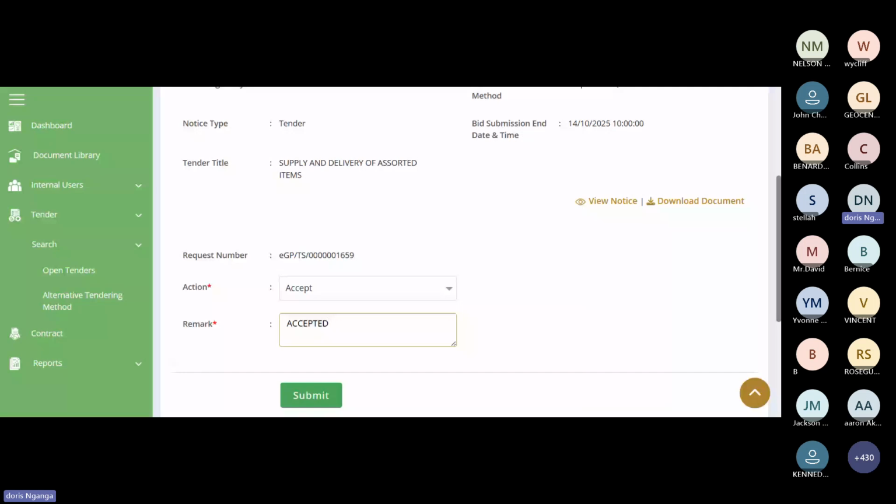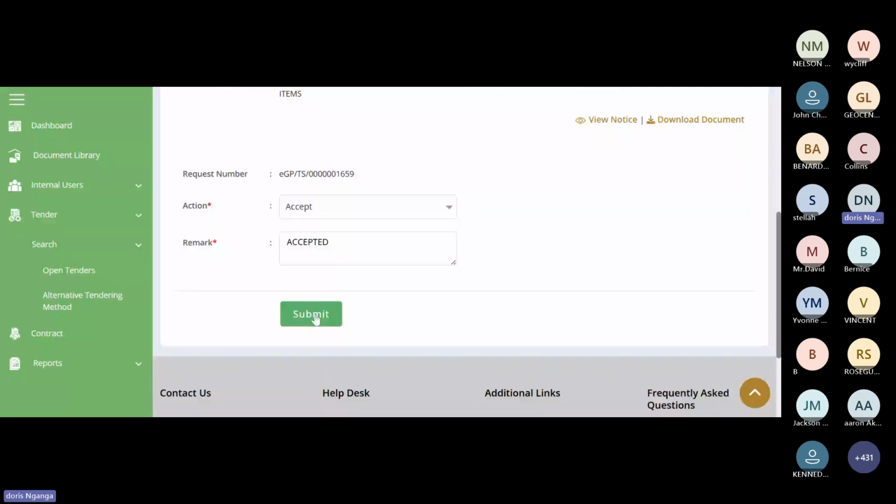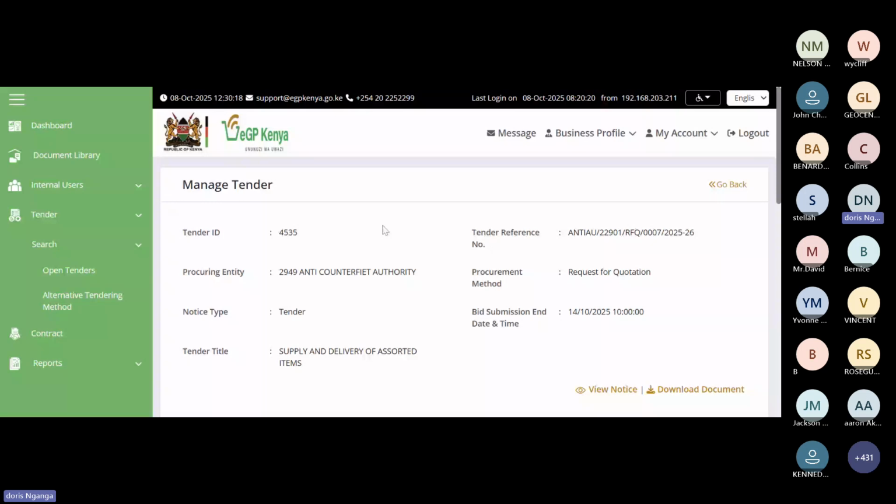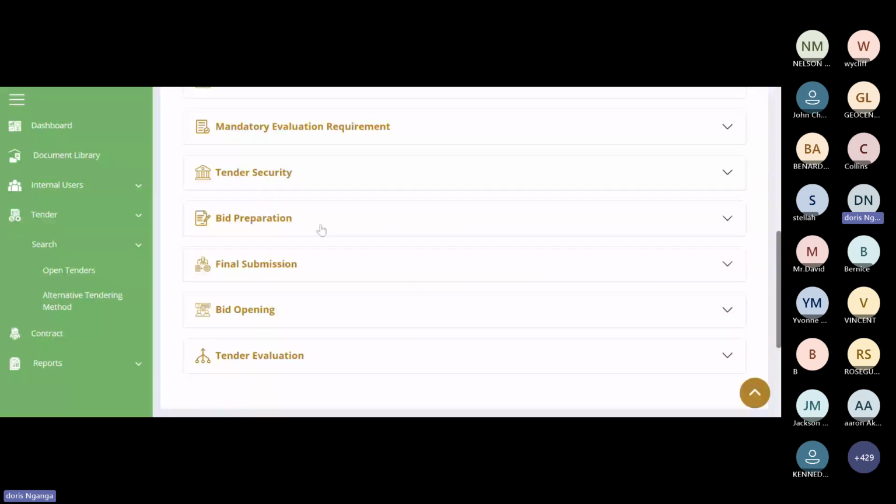You have a relationship with them, so they know you. So they'll deduct that money from your account to pay that tender security. So once you have clicked accept, the system will trigger withdrawal of funds, what you have agreed with the branch or your relationship manager, to payment of that tender security.